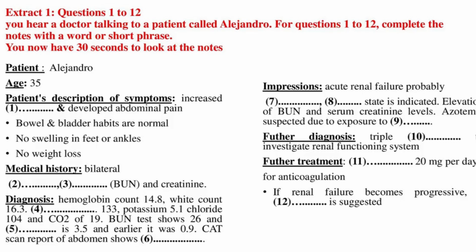Hypercoagulable state is indicated. Deep venous thrombosis with pulmonary embolism. Probably you have developed azotemia due to elevation of blood urea nitrogen, BUN, and serum creatinine levels. Your exposure to intravenous contrast materials may be the primary cause of your condition. I am going to prescribe you rivaroxaban 20 milligrams per day for anticoagulation. Hopefully with this anticoagulation, there will be some relief for your renal vein thrombosis. Or else, if your renal failure becomes progressive, I would advise dialytic intervention.